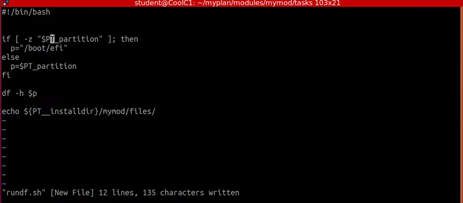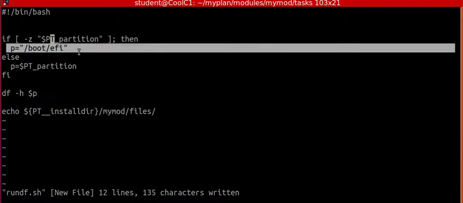When we run this task, Puppet Bolt is going to take the information that's in the JSON file, figure out all the parameters that you need to add to the execution of this .sh script right here, and then it's going to copy this script up to the server or the system that you tell it to, and then it's going to execute this script with the parameters that you gave it. And basically this is saying, if I don't give it anything on the command line, default and run boot EFI. If I do give it an option on the command line,